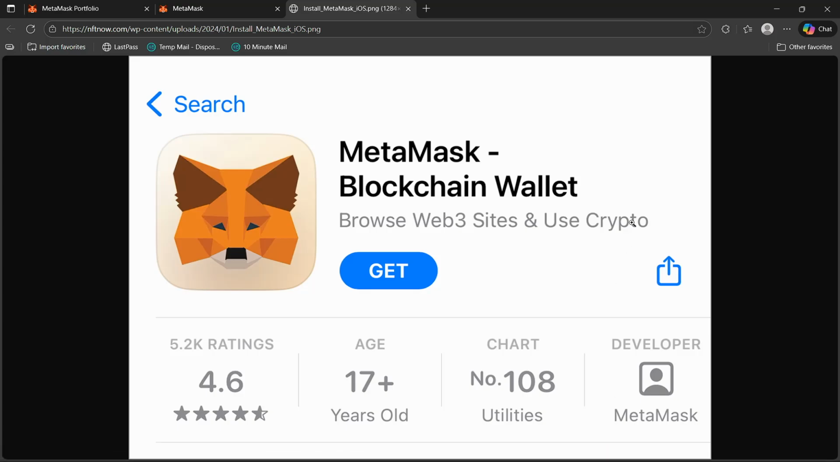Hey there, what's up? In this video, I'll give you a quick guide on how you can add MetaMask extension on iPhone. So actually, extension is not really the term for this, but